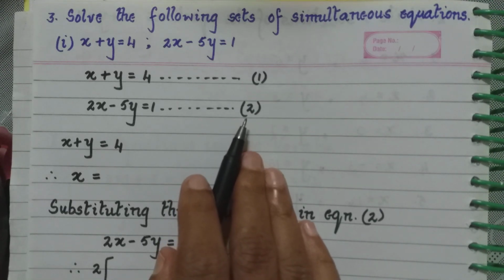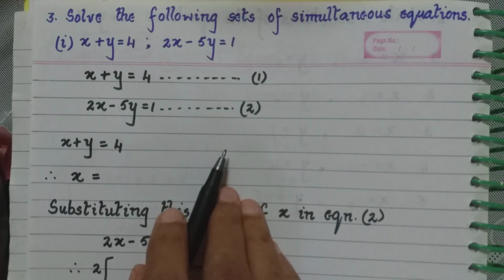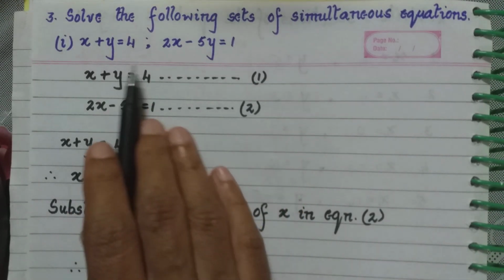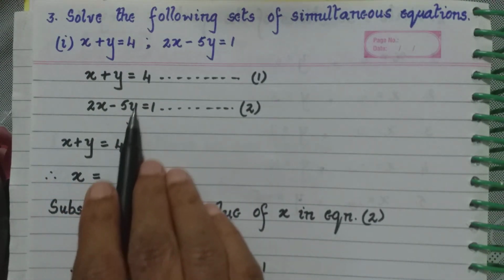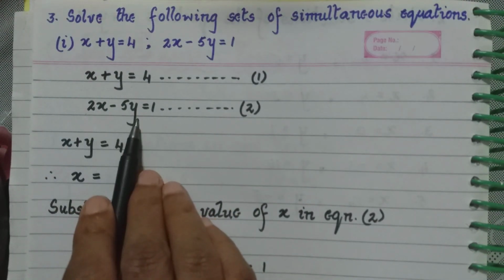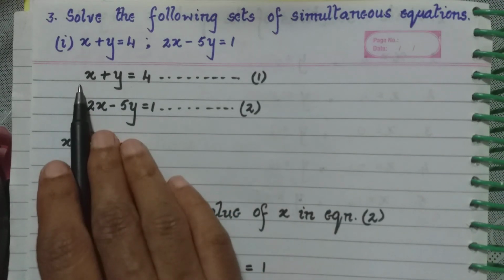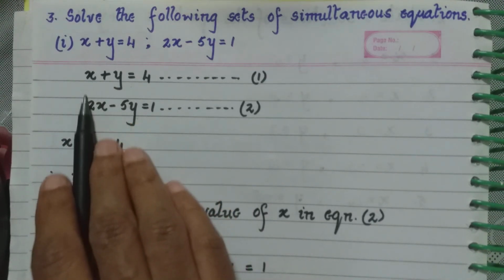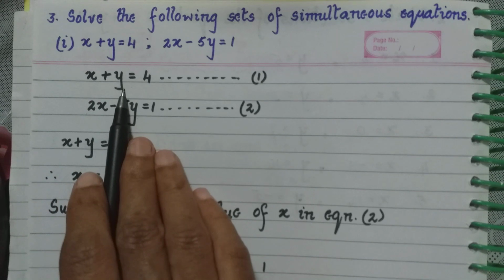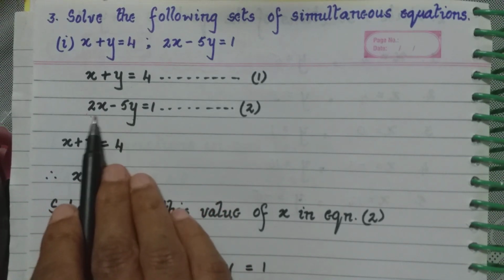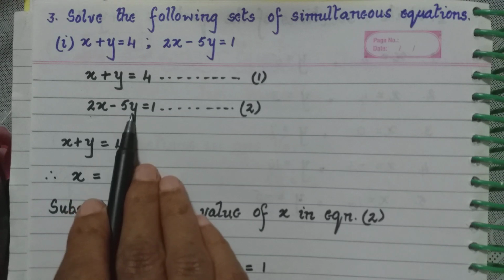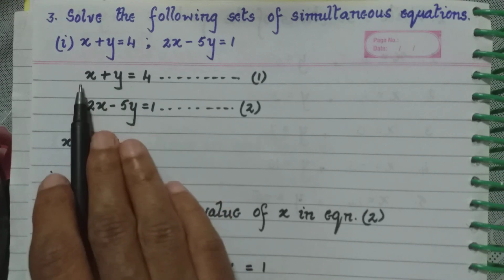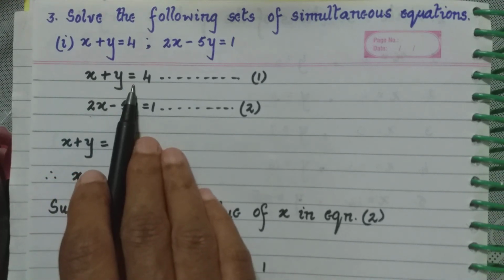and 2. Now, the next most important step in solving the following simultaneous equations is to identify among these, that is 1, 2, 3 and 4 terms, which of the terms is having the coefficient 1. That is the most important term for us. That is whether it is this term, this term, this term or this. You see here the coefficient is 2. Here the coefficient is minus 5. So this equation we don't require. What do we require now? It is these two. Both of them are having the coefficient 1.